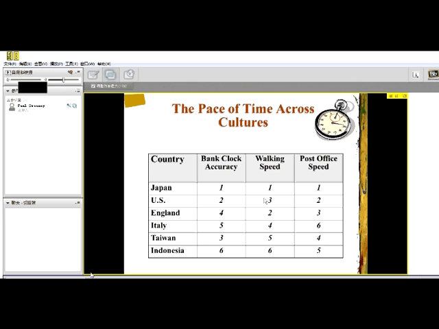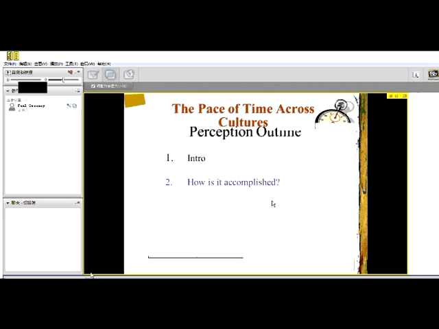I'll show you the others quickly too, and you can see that the Japanese were number one in many of the indicants, and certainly these three I'm sharing with you. Let's take walking speed. The Japanese, on average, traversed this 100 feet in about 20 seconds. Try it. That's a pretty good clip. Whereas the Taiwanese and Indonesians took closer to 28 seconds. You may say, well, that's not a very big difference, but that's about a 40% difference. My goodness, that's huge. If I'm presented with a mutual fund that's going to return 40% more, I'm going to go with that. So it is a pretty big difference, and the same with post office speed. So you can see what I'm saying here.